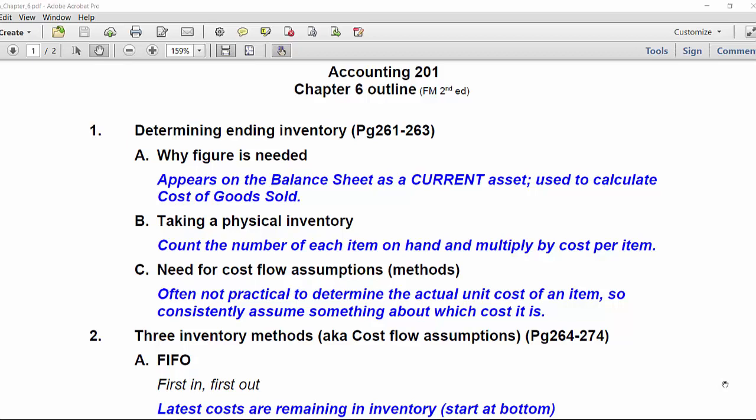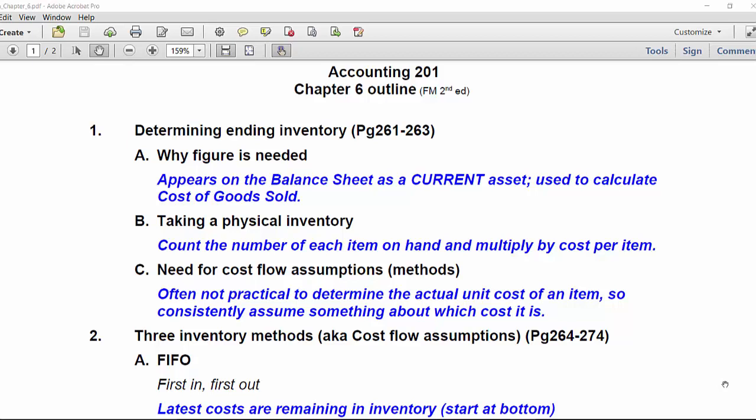First of all, we need to know our ending inventory because it appears on our balance sheet as a major current asset. It's used to calculate our cost of goods sold too, in many cases, or at least verify it. At the end of the accounting period or at other opportune times throughout the period, companies need to take a physical inventory. To do that, they count the number of each item of inventory that they have on hand and they multiply that by the cost of each of those items to arrive at the total cost of their ending